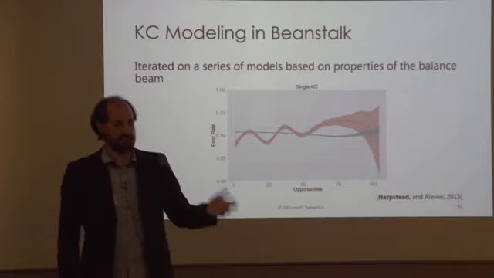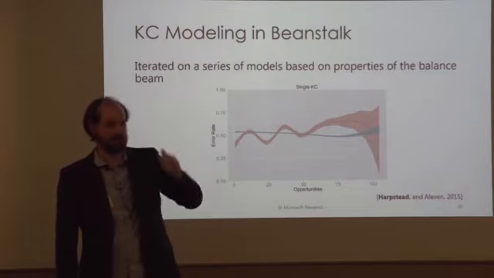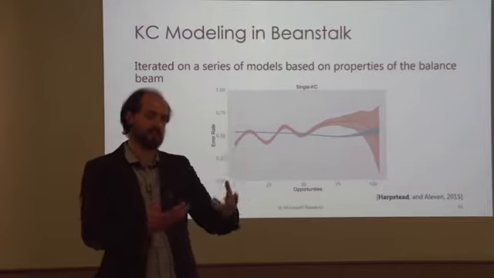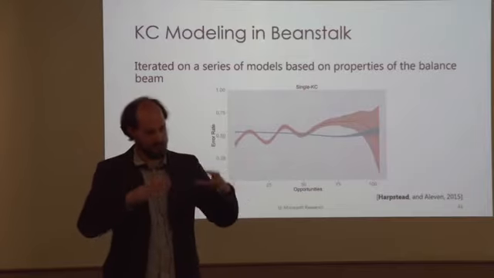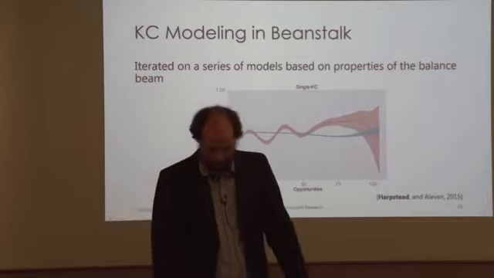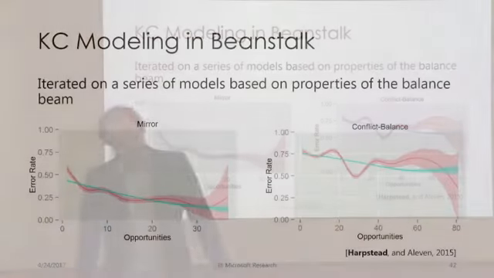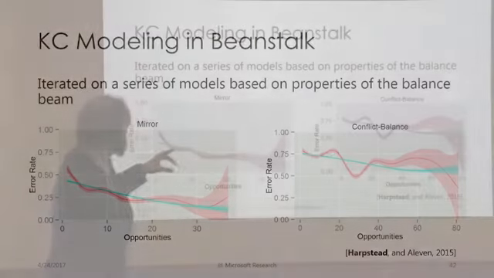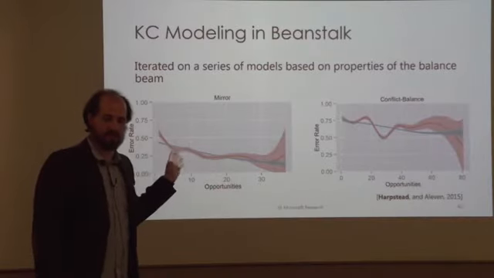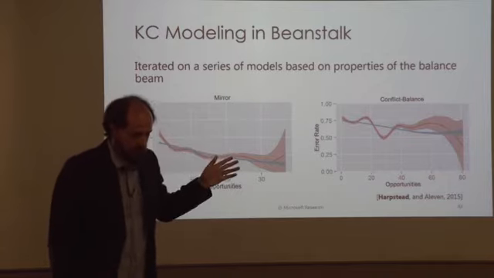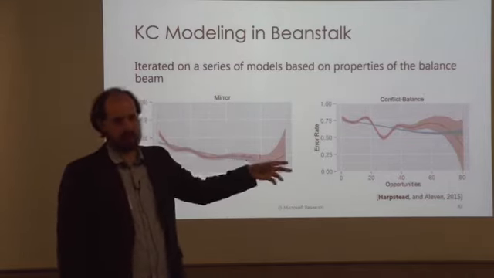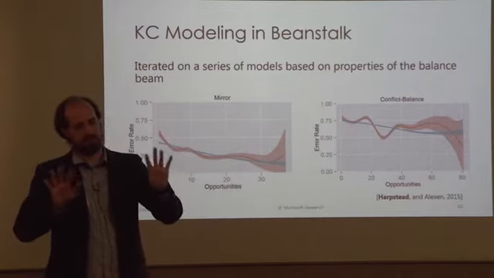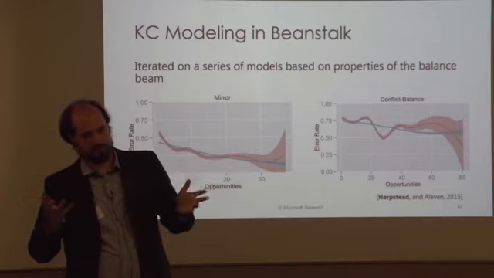It's like saying math is a skill, when really math is several subcomponent skills, potentially appropriate at different age levels or grade levels, but at the macro scale, it's generally not very good. So the first elaboration we did of this model was borrowing on that cognitive psych research and looking at whether or not a solution could be arrived at by purely mirroring what was on the other side of the beam, or doing what Siegler called a conflict balance case, which is essentially that either the weights or the distances on either side of the beam weren't exactly the same, but they did balance anyway.